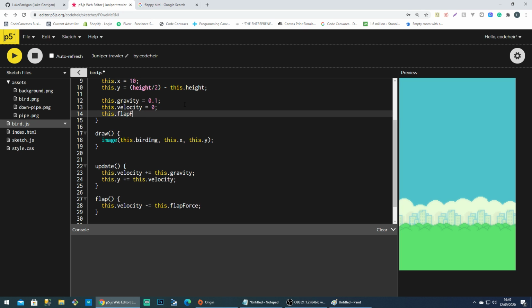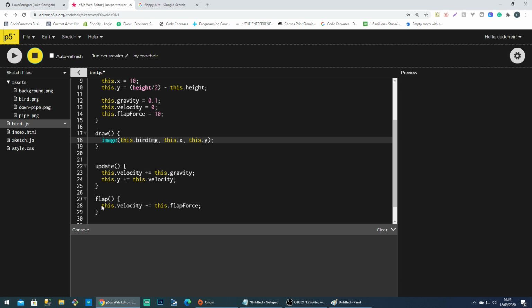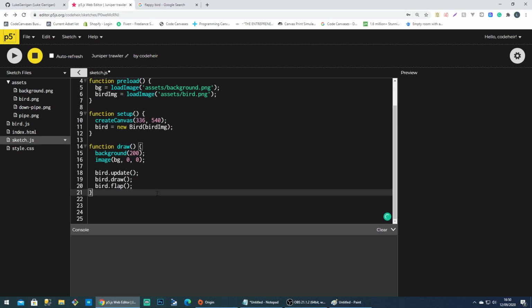This dot flap force equals 10, right? Oh, okay. So we don't want to call flap every frame. Obviously, we want to call it when we hit spacebar or something. So let's say key pressed. This is another